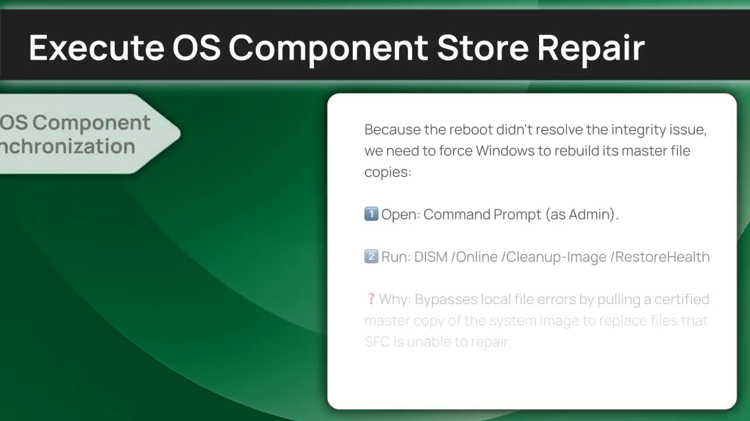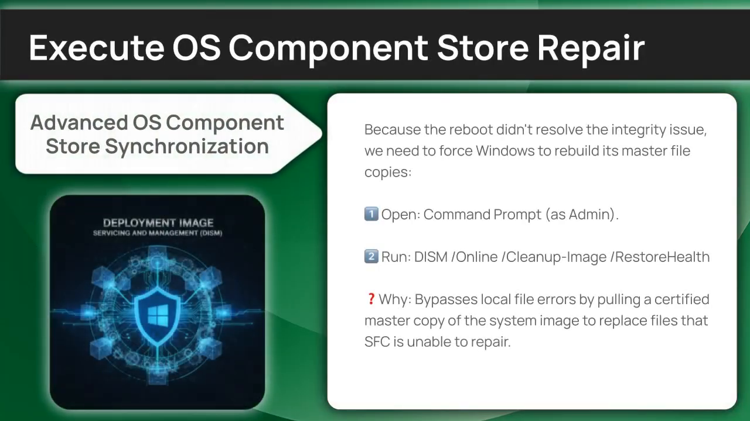Restart unsuccessful, no problem. Let's jump straight into step 3. Remember to pause the video if you need to double-check your inputs. Because the reboot didn't resolve the integrity issue, we need to force Windows to rebuild its master file copies. First, open command prompt as admin. Second, you're going to type DISM /online /cleanup-image /restorehealth, then hit enter. Why are we doing this? Well, it bypasses local file errors by pulling a certified master copy of the system image to replace files that SFC